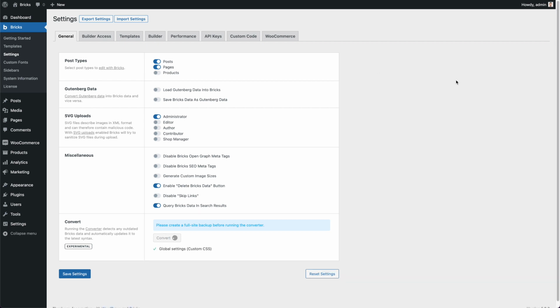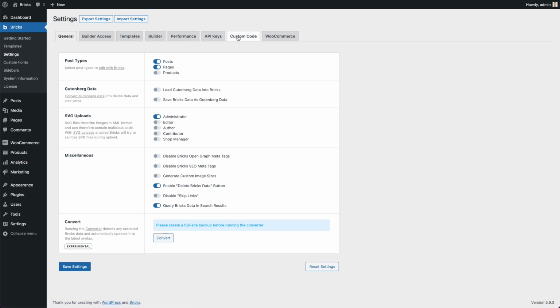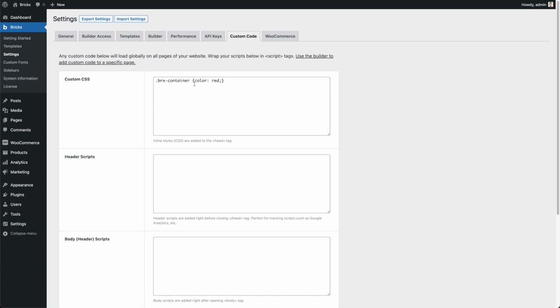Okay. And similar to the way that you can regenerate your CSS files, you will here see everything that's happening. So in my case, my global settings have been updated. To be exact, the custom CSS inside of the global settings. So now if I reload the settings, okay, and I go to custom CSS, you can now see that my bricks-container class has been renamed to brxe-container, just like that,